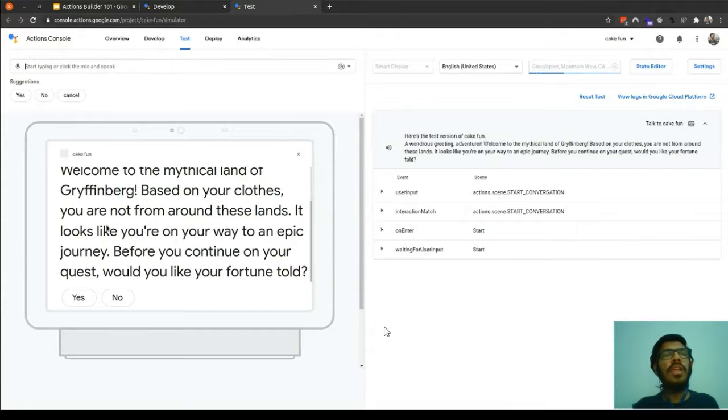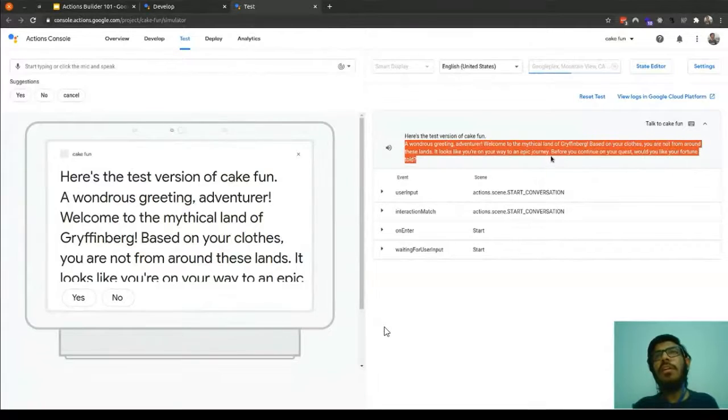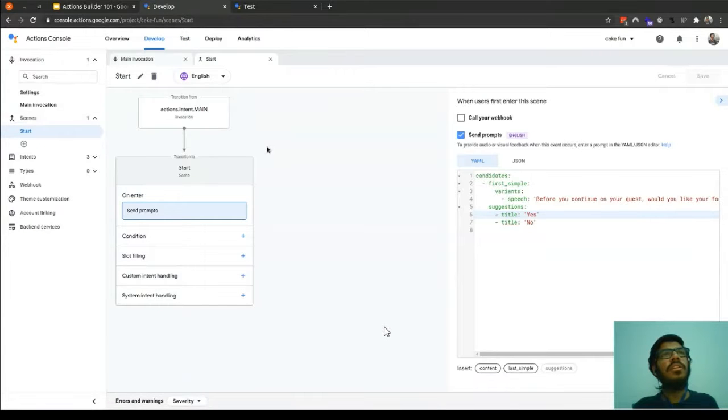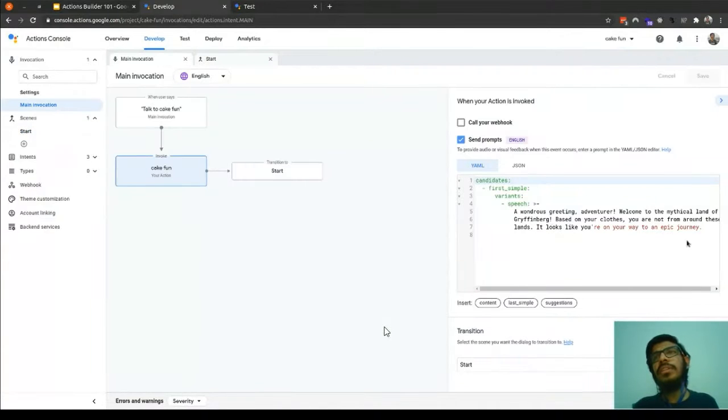So what is currently happening is we are sending this particular greeting, like when the user first invoked. If we go back to the main invocation, as you can see, this was the main greeting, the sentence we are currently using to greet the user.